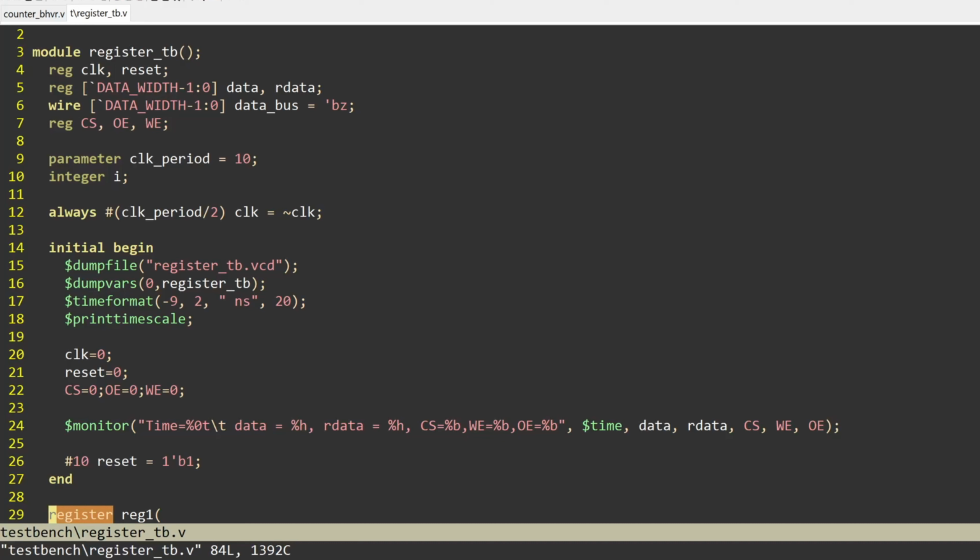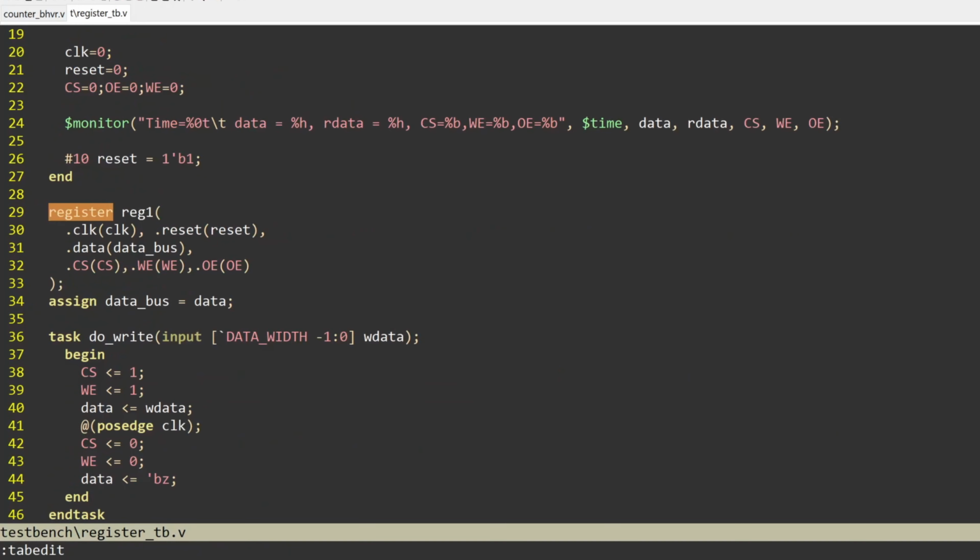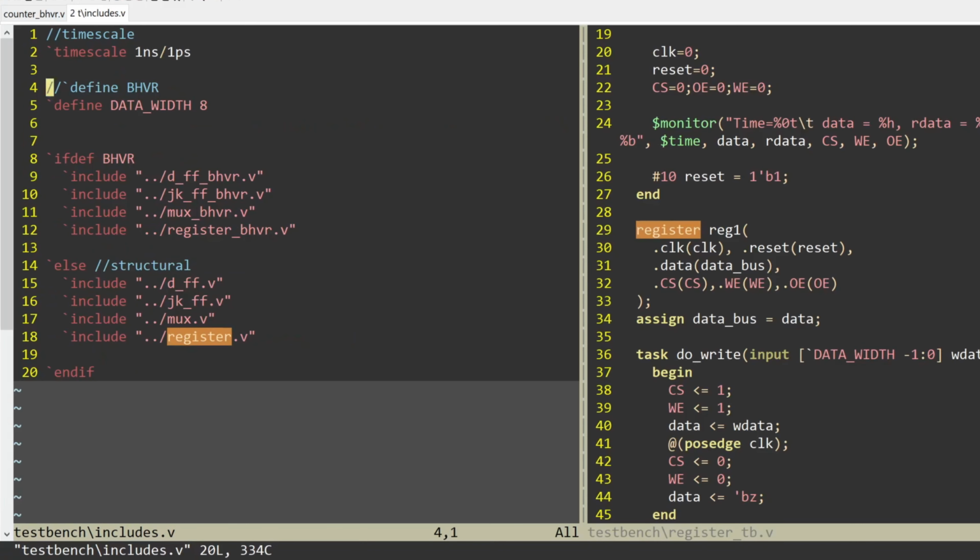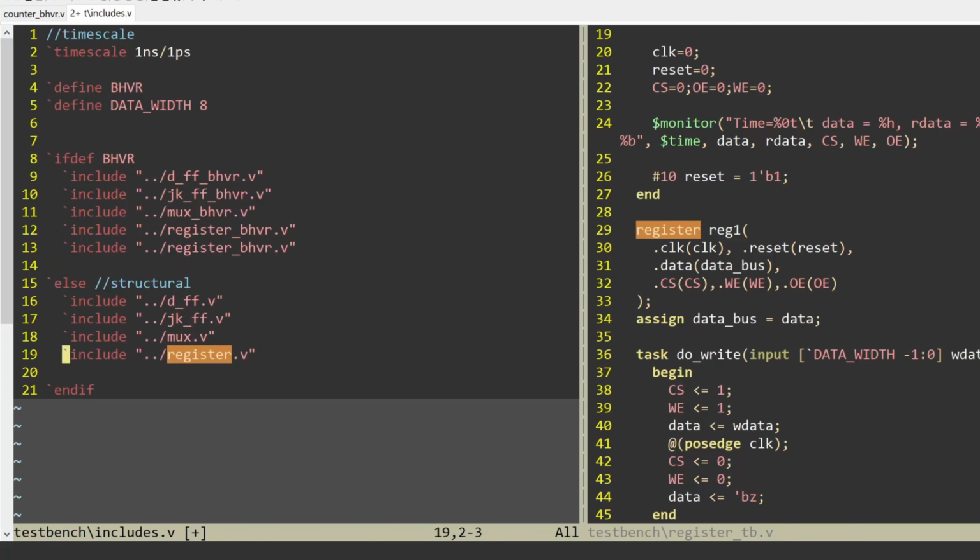I'll reuse the same register TB only. It should be compatible after I add the additional count n input to it. I'm adding the counter modules to the includes file here. I'll quickly replace register with counter.